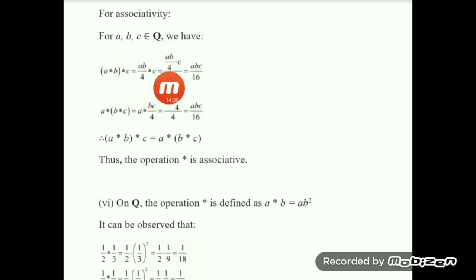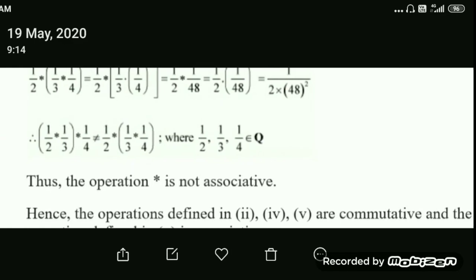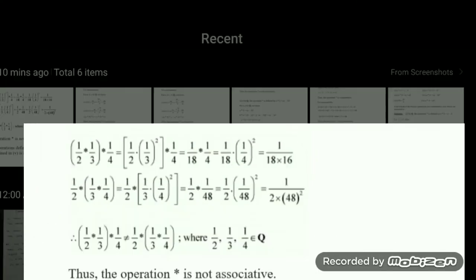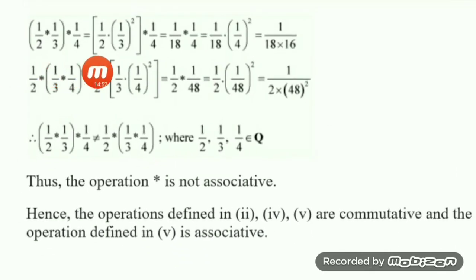Just a minute. I have written this 2 times. Okay. The next is associativity. Half, 1 by 3, and 1 by 4 I have taken. First number into the product of the second number star 3. This is 1 by 9 into half, that is 1 by 18, into 1 by 4, 1 by 4 square is 16, 1. You can do the calculation or avoid it, because next time you will see this is not equal. That's why I am avoiding this square now.